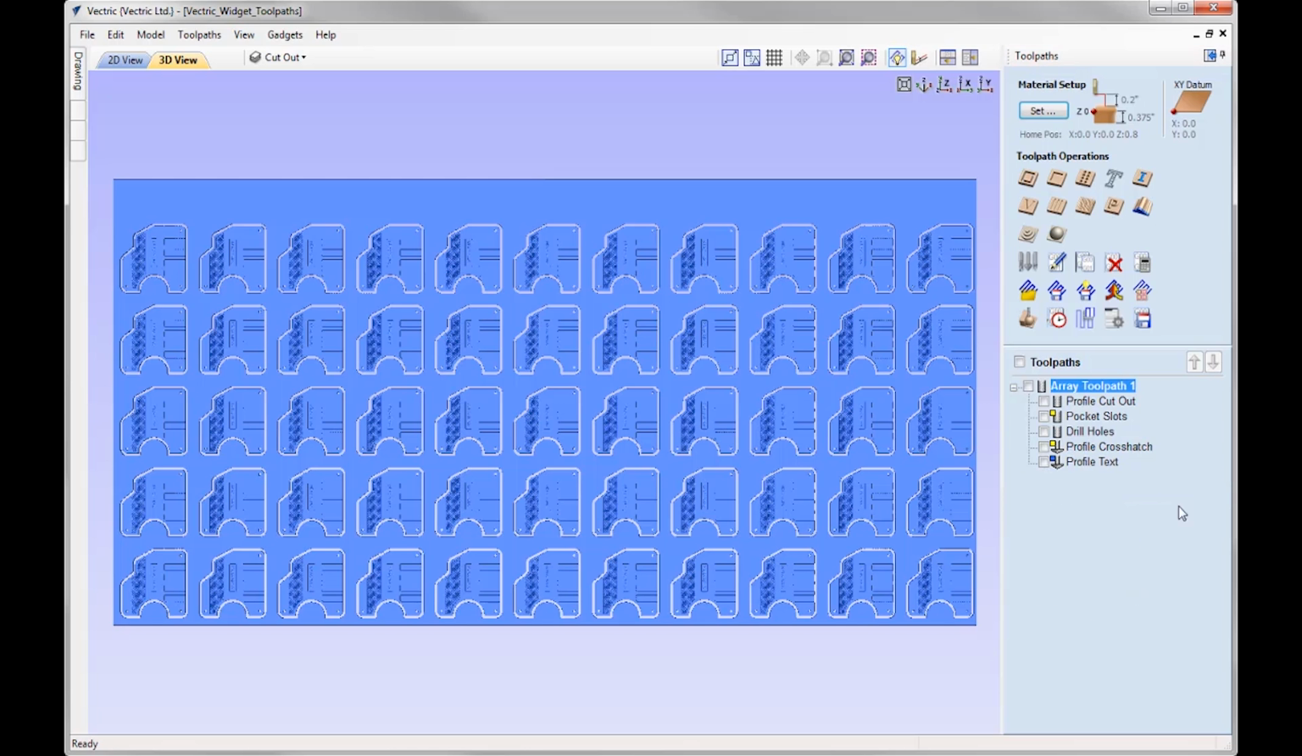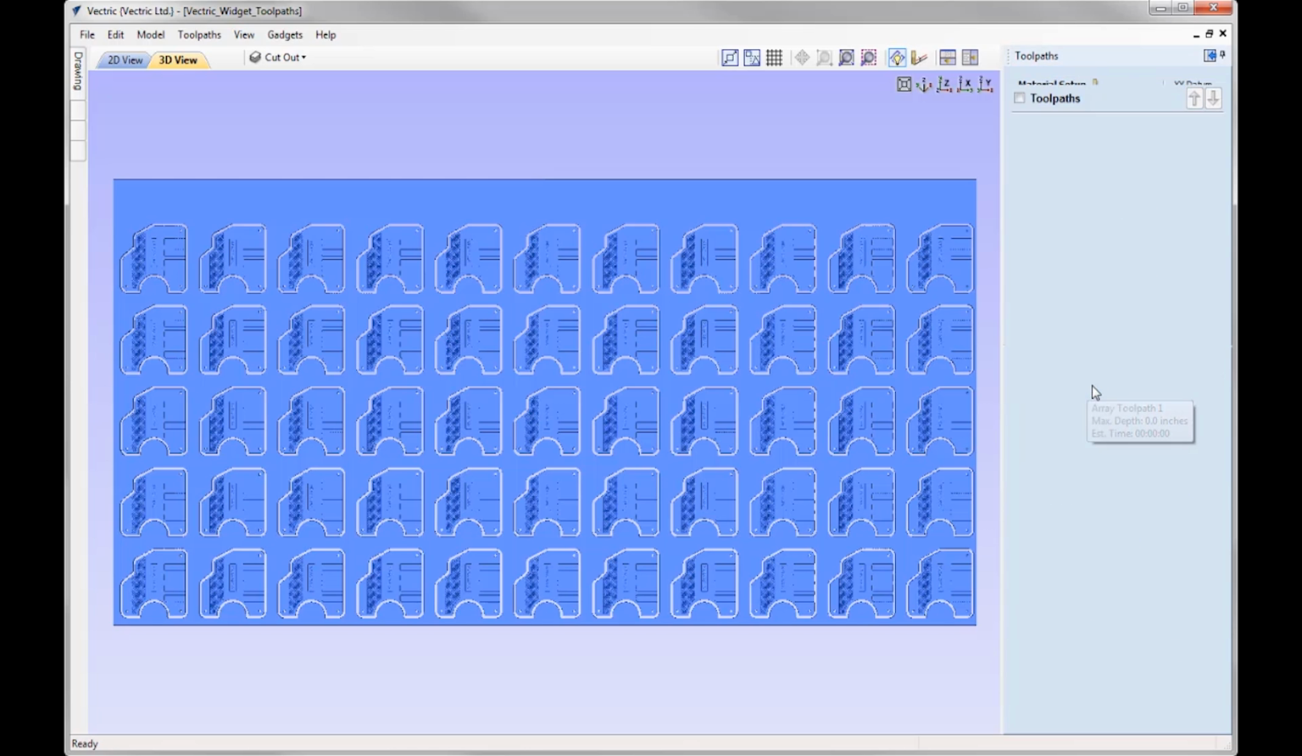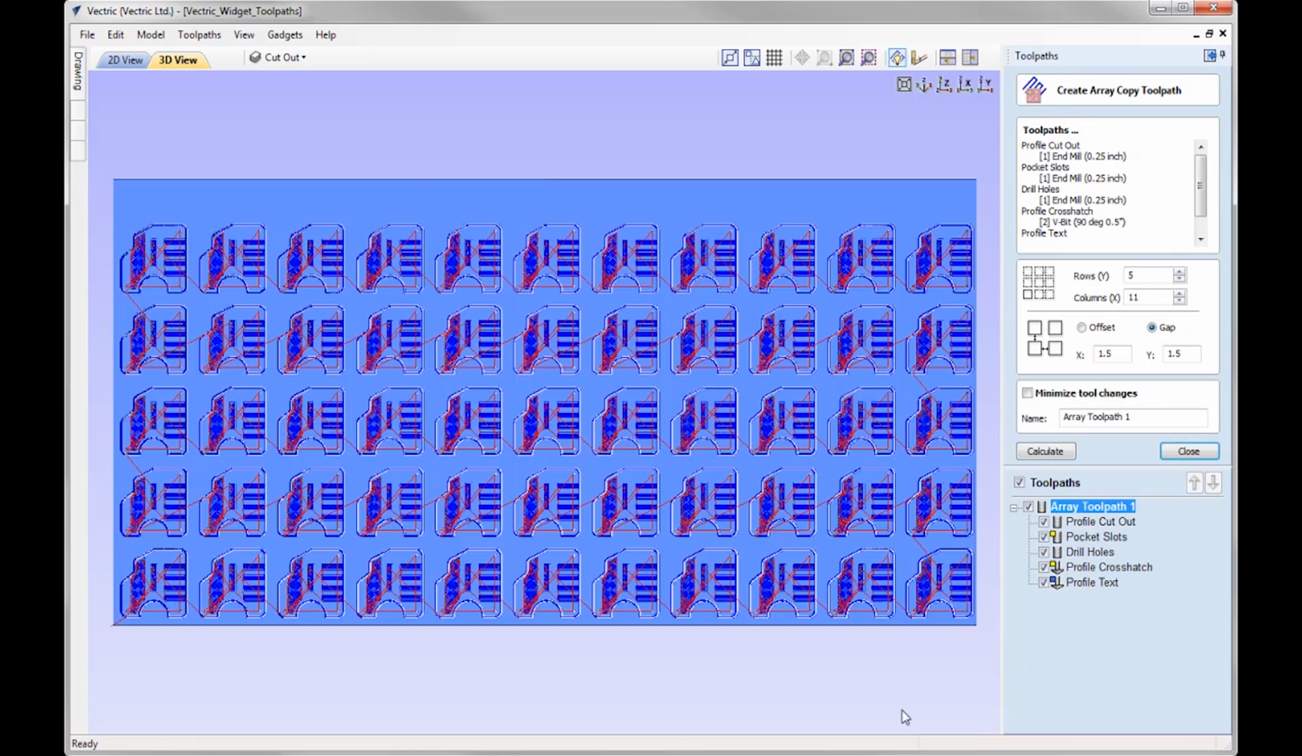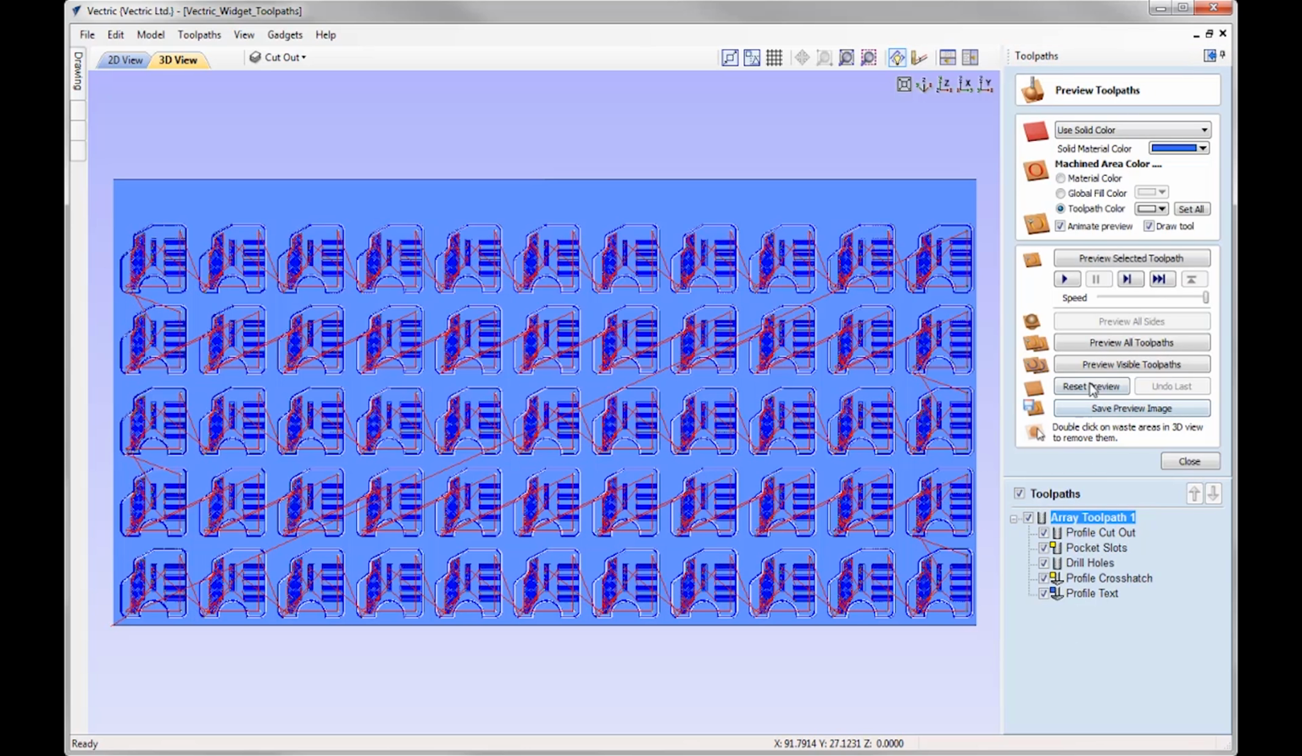So let's just close out of the preview there. I'm just going to double click on the array toolpath. I'm just going to switch on the visibility there. And we'd simply use this option here to minimize the tool changes, press calculate, and then we could simply